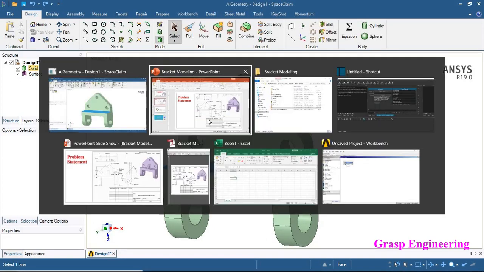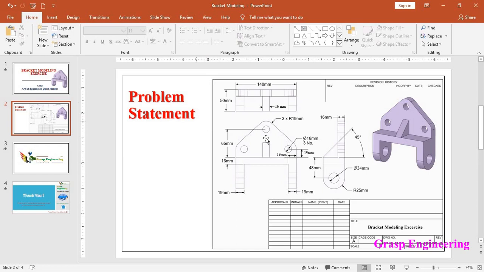Let's see what dimensions are available for the central rim. Here, only one angle remains. Basically we need to create from this point an angle, which is given as 45 degrees. So let's create a line from this at 45 degrees, then trim the unwanted line, and then assign the thickness of 16.